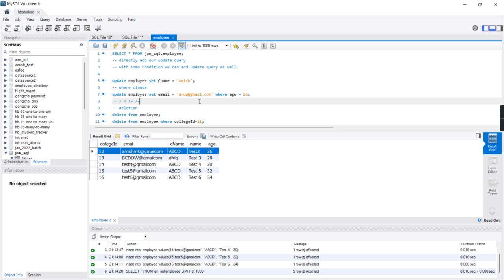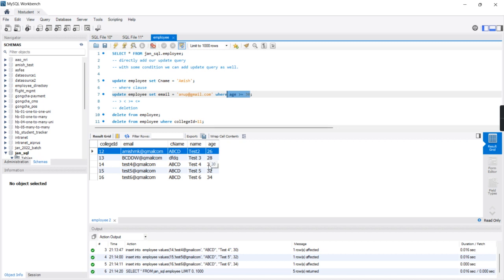So if I write update employee set email equal to this one, where age greater than or equal to 30,